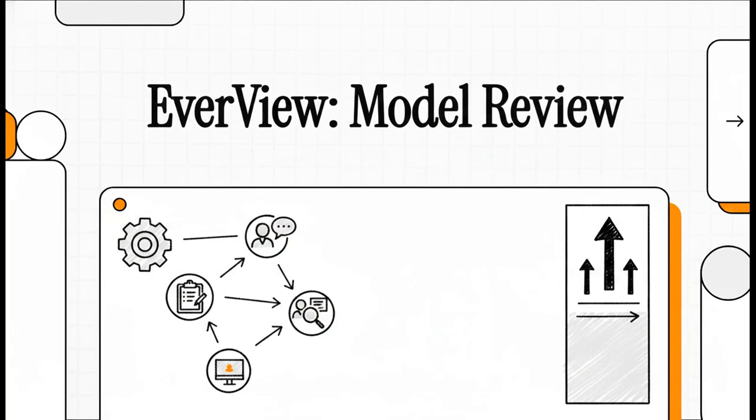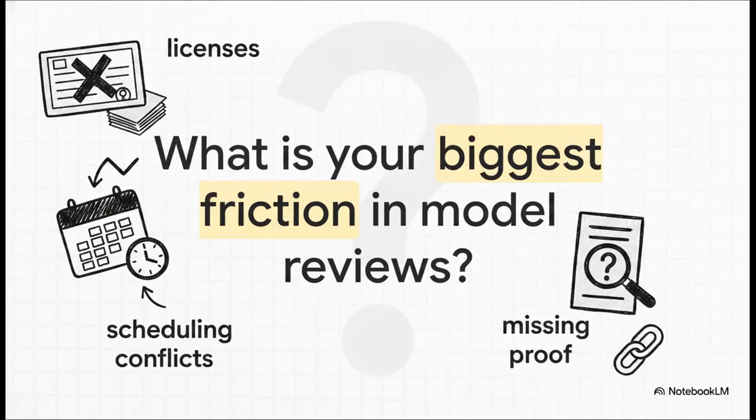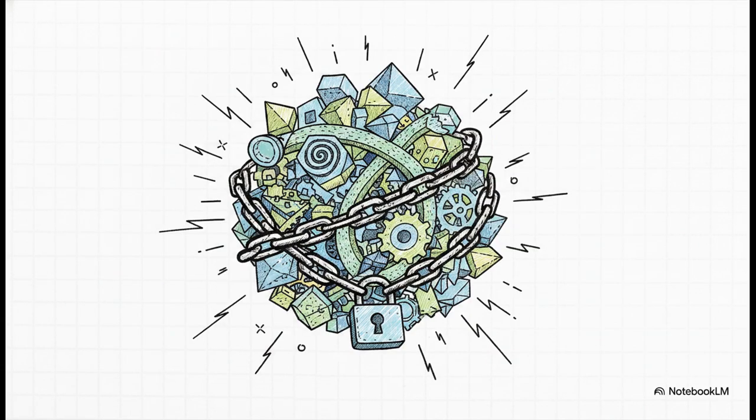Today, we'll see exactly how it transforms model reviews for 4 key roles. What's the biggest bottleneck in your current process? Licenses, scheduling, or missing proof? Let's fix that. Sharing complex models is a huge pain, but EverView adapts to your specific role, starting with the